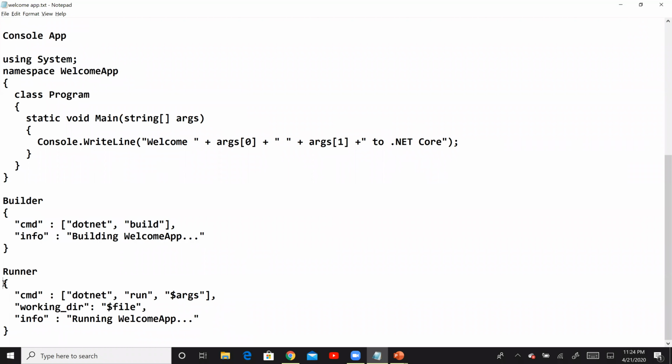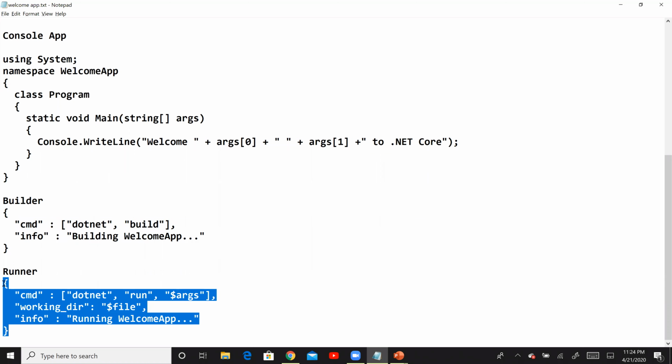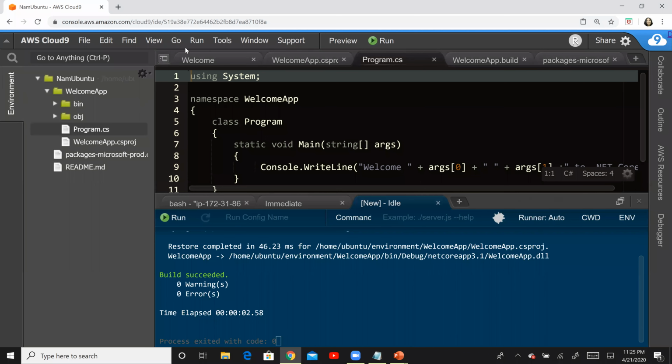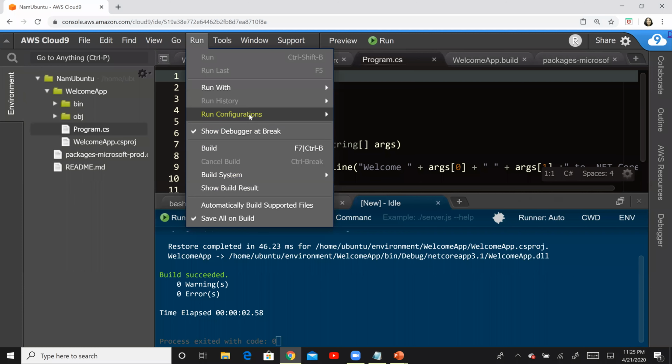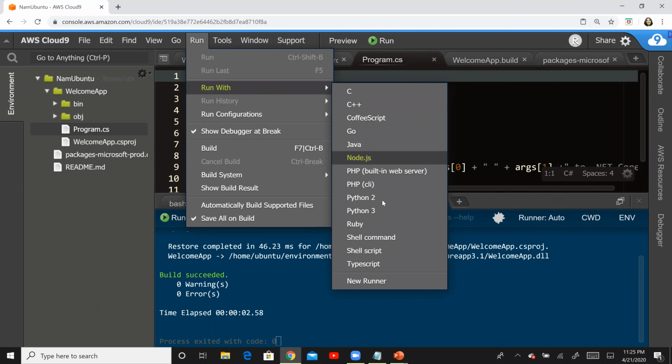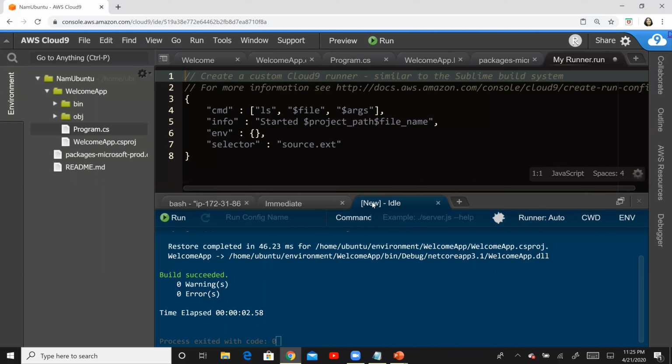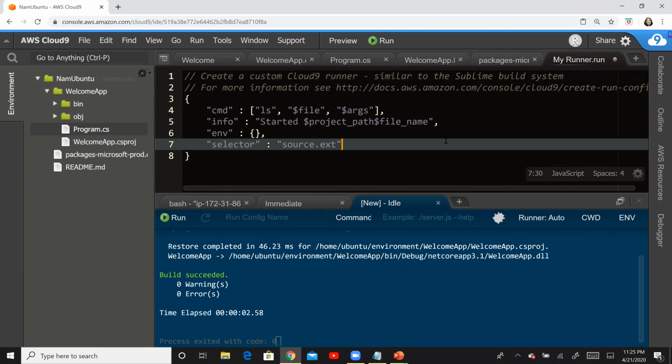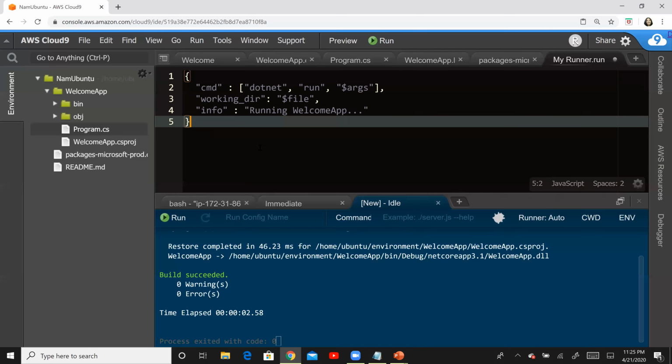The next step is to be able to go ahead and run this particular console application, right? So we are accepting 2 arguments in this application. So this is the runner that I have developed, and it is very simple. It's just going to take a couple of arguments, and then while the application is running, it is going to tell running welcome app, right? So go ahead and copy this and go to run, and then you can say create a new runner right here. And this is our runner file, and paste this piece of command right there.